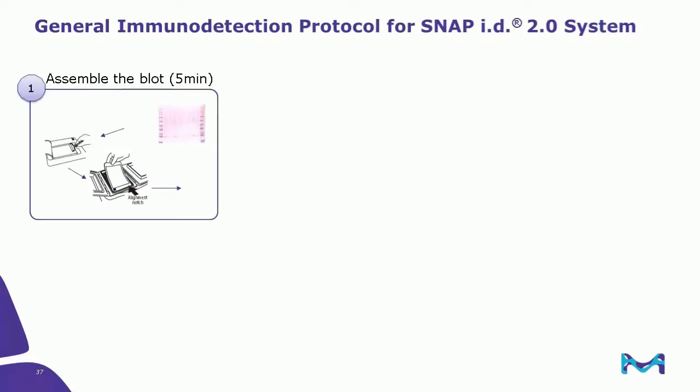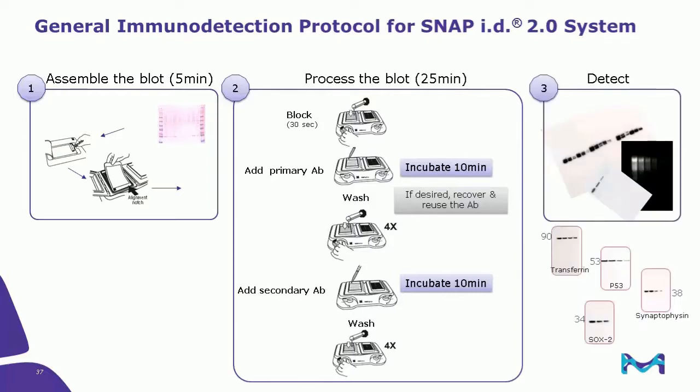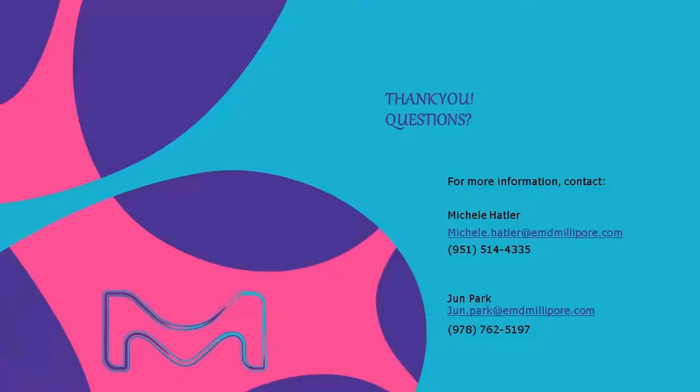You put your membrane into a blot holder and secure the holder into the device. Once assembled this way, you can complete your entire blocking and antibody incubation steps in about 25 minutes with the vacuum-assisted wash steps. Probed blots are then visualized using appropriate detection reagents. Some of the results are shown here, covering a wide range of target proteins of different molecular weights. If you're keen about reducing the time spent during Western, this could be an ideal option for you.